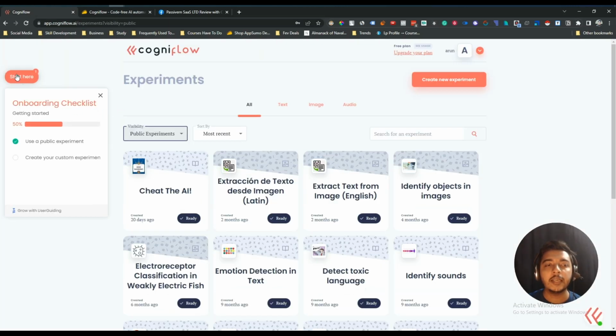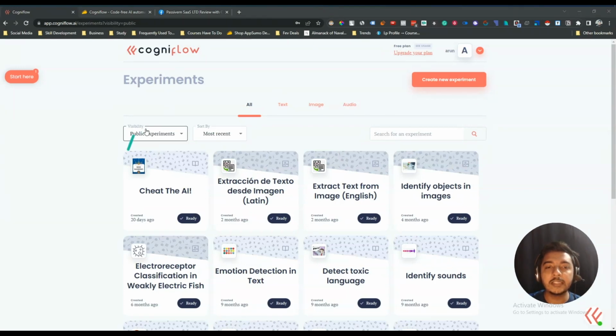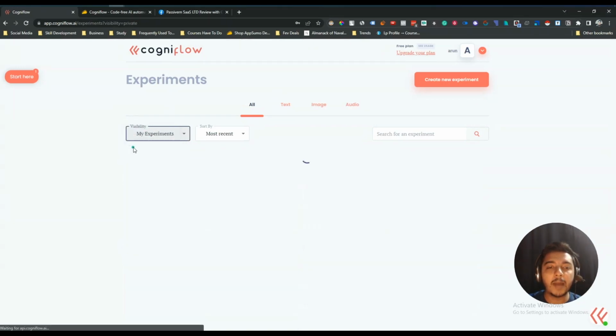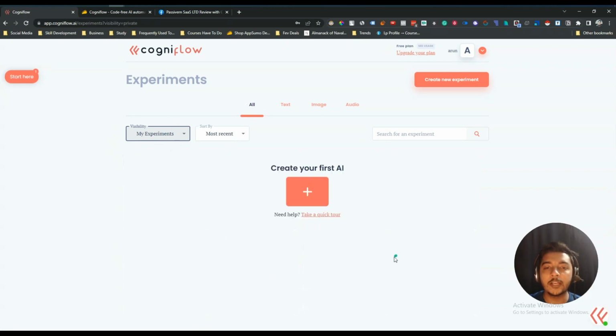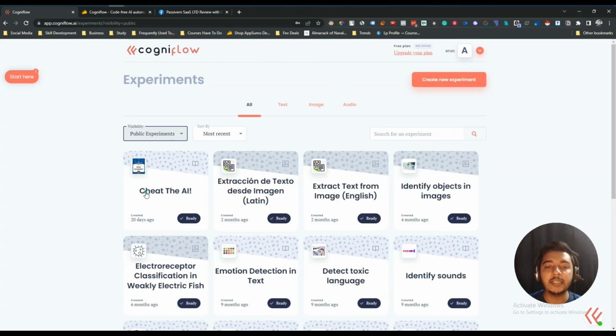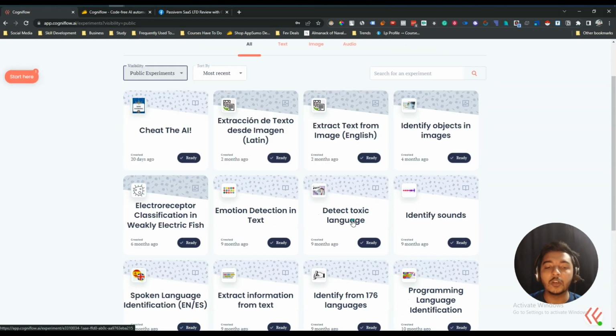This is the dashboard. See here, if you click on this start here, it will instruct you step by step how you can set up these things, but I'll show you how. At first you will see this dashboard, and if you click here my experiments, you will see all your experiments. But as this is a completely new dashboard, there are no experiments, and there are some public experiments. That means these are the pre-built experiments. See, there is cheat the AI, there is Latin extract text from image and English extract text from image, there is object identification from image, there is